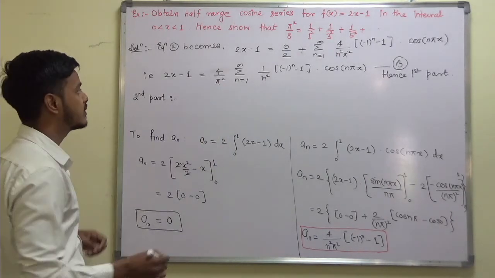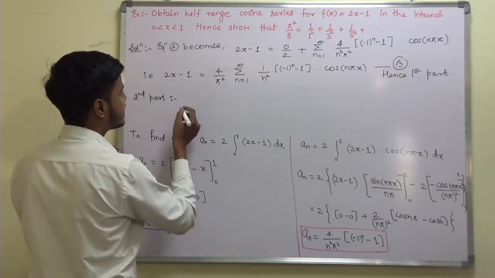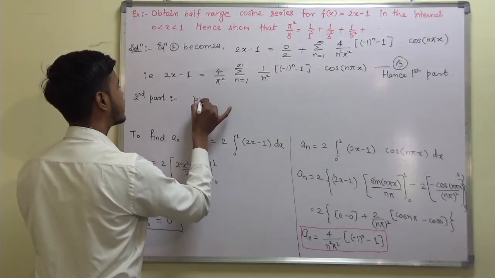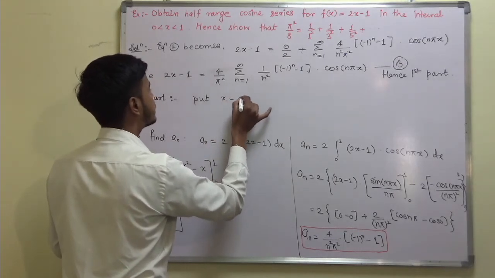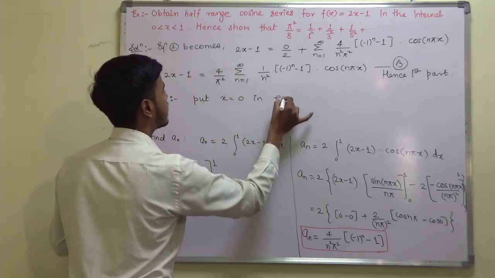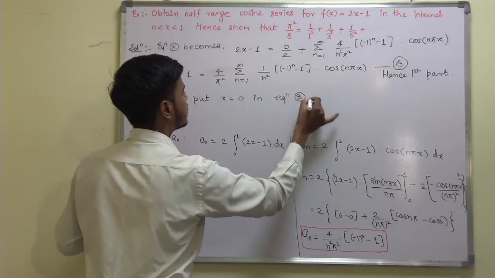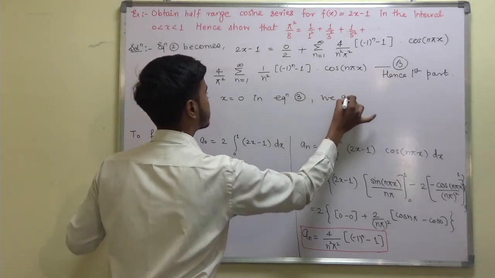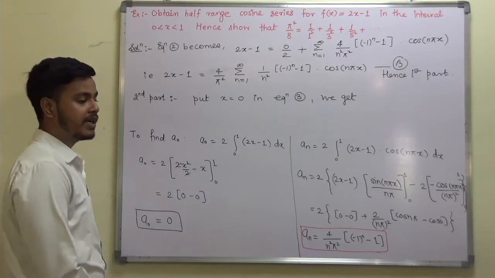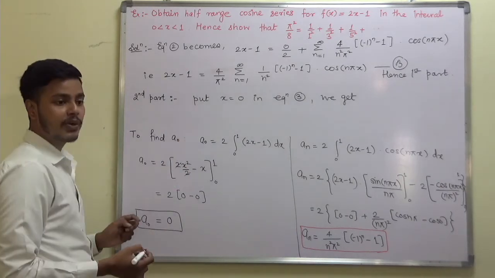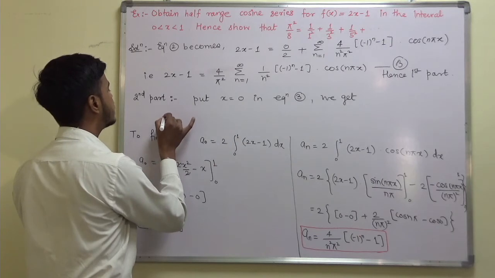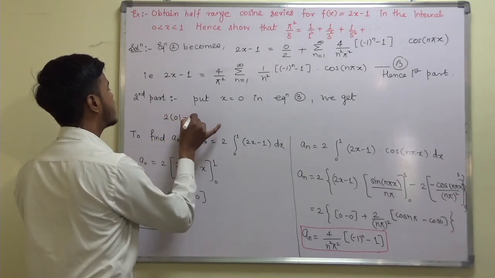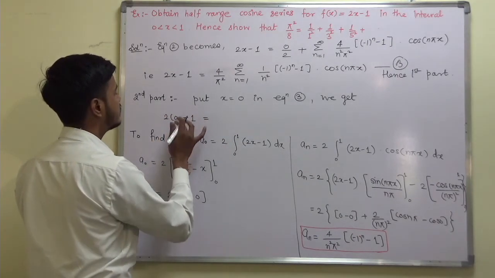Put x equal to 0 in equation 3. The moment we put x equal to 0 in equation 3, what will we be getting? We will be getting 2 into 0 minus 1